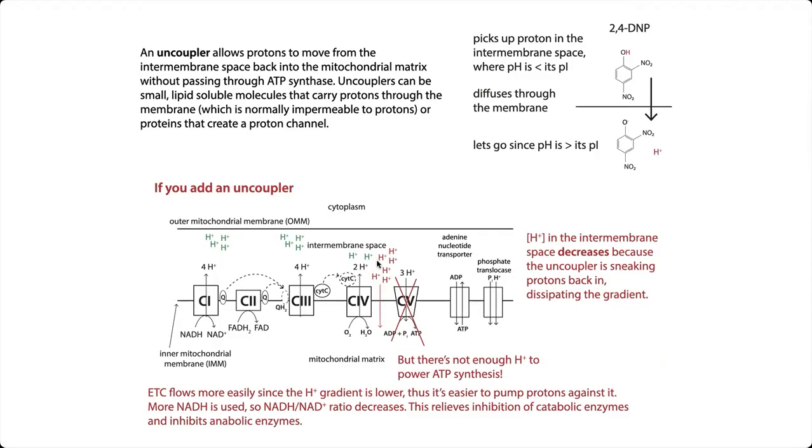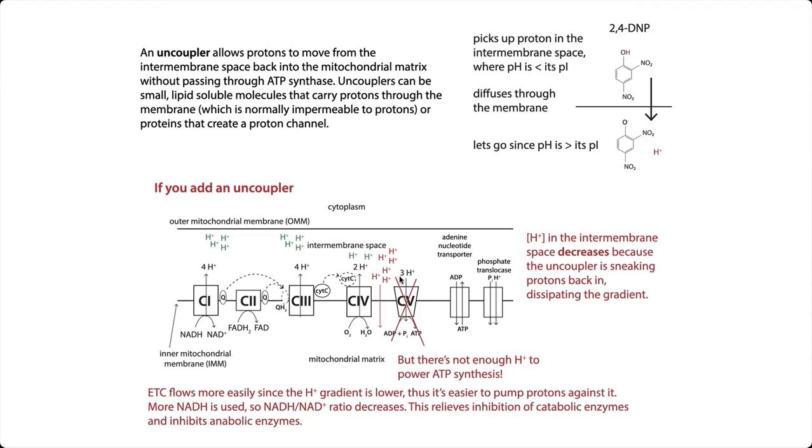So the protons are flowing through this alternative way. It's going to decrease the concentration of protons in the inner membrane space. That's going to make it so that we have less of a gradient that we're pumping against. It's going to make it easier to pump protons, which is going to make it easier to pass electrons. But we're not going to have enough protons left over to power ATP synthesis. So our ETC is flowing more easily, and more protons are being pumped, but those protons aren't being used to